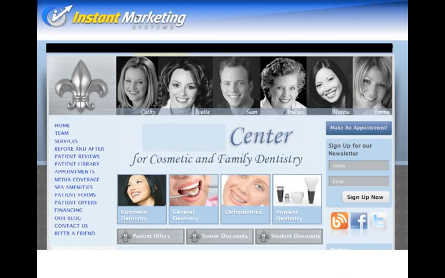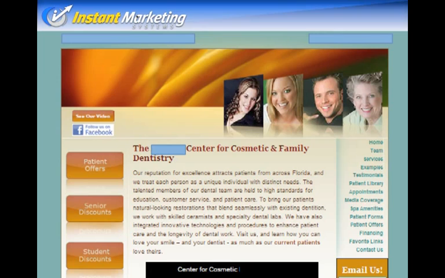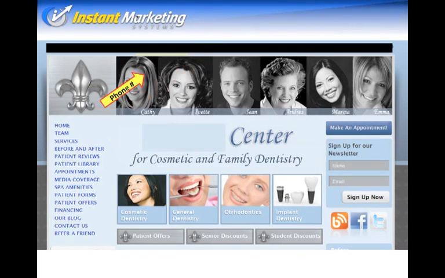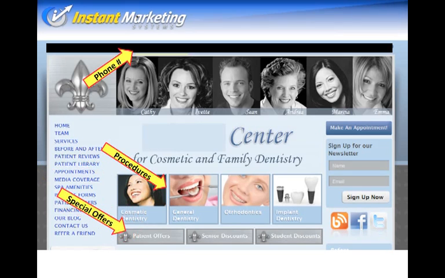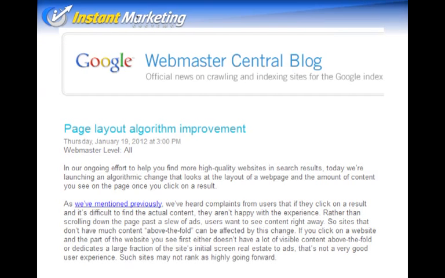And this other website, again, I mean, this is easy. It's a system. Implement a system. We go from something like this to something like this, which has our phone number again right at the front, but the procedures are right there. This dentist is concentrated on 4 procedures. They're right there. I don't have to think. I don't have to search for them. I can get them right away. I've got new patient offers, senior discounts, and student discount offers. I've got make an appointment, sign up for my newsletter. And this is why I want you to have as much information above the fold as possible.